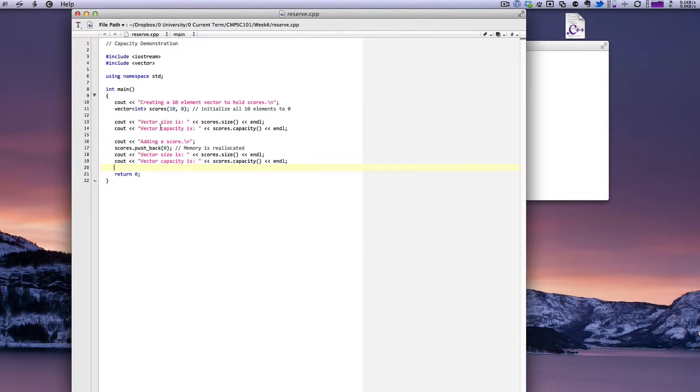Vector size, vector capacity, we leave as is. In fact, these first few lines we don't need to change because we still need iostream, we still need vector, and we're still using the same namespace. We create a 10-element vector to hold our scores. We declare our integer vector with 10 in all 10 slots. And then we output the vector size and the vector capacity. Now,